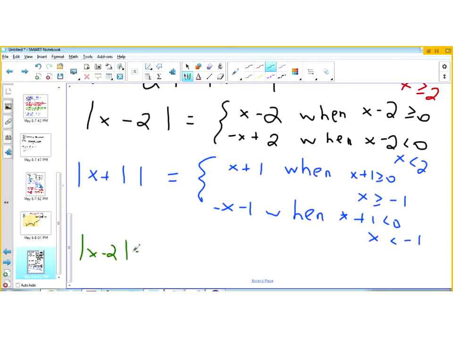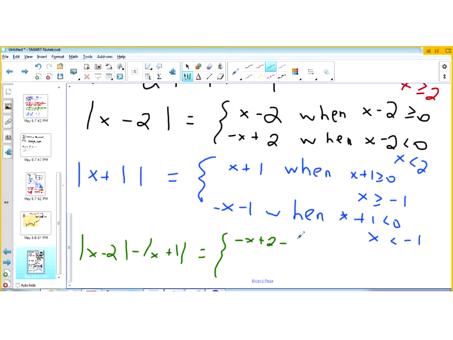All right, so we have the absolute value of x minus 2 minus the absolute value of x plus 1 is equal to, now when x is less than negative 1, x is also less than 2, right? So this would equal negative x plus 2 minus